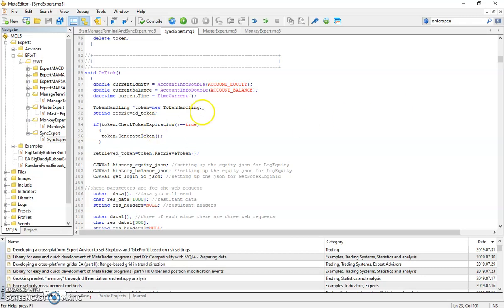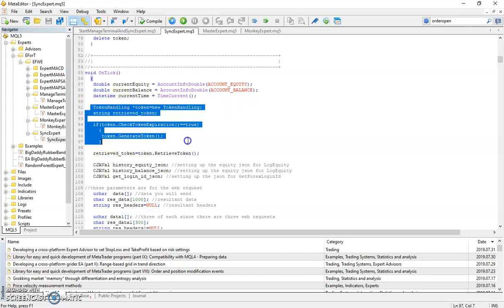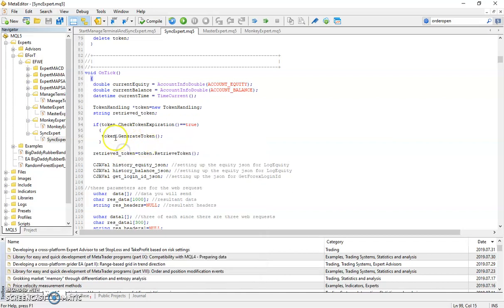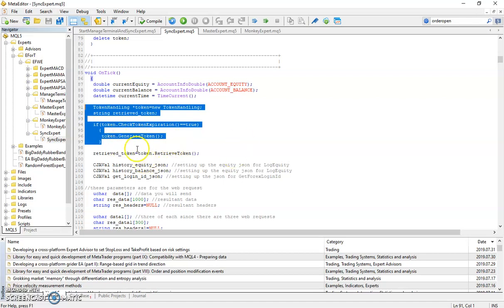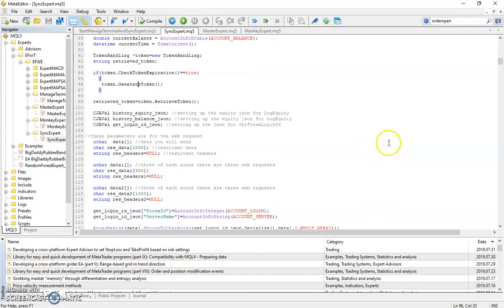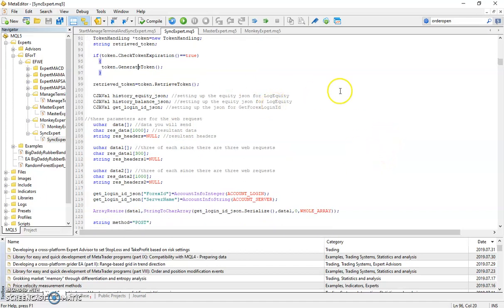So there is a token handling class. I'm going to talk more about token handling in my Postman video, but basically to make any call, you're going to need to be authorized by a token. This part here is already defined by our team. We created that class to do the call to create a token that I will show in Postman. So look at that video if you want more information, and generate the token,